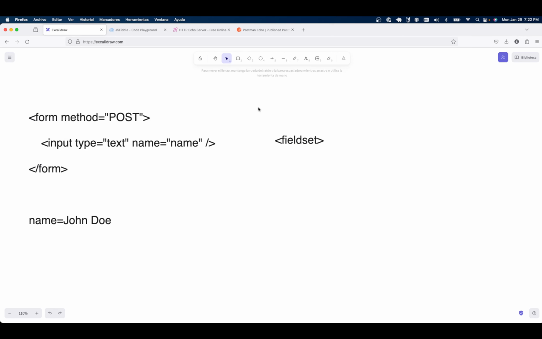But that's pretty much it, right? Within the fieldset, you would put the inputs and labels as well. Yeah, everything goes inside. Now, that's pretty much it. Let's do then the